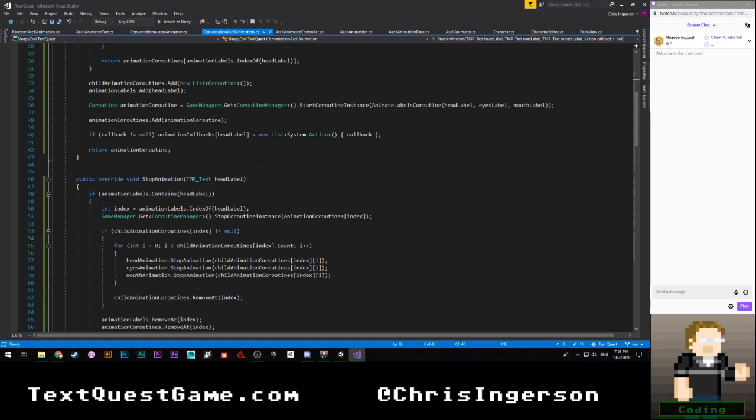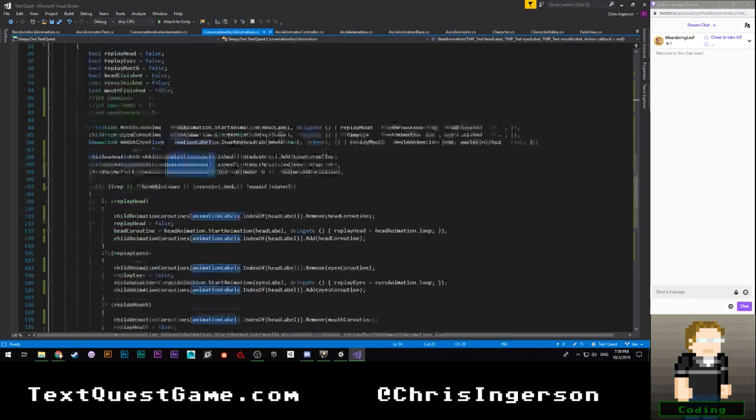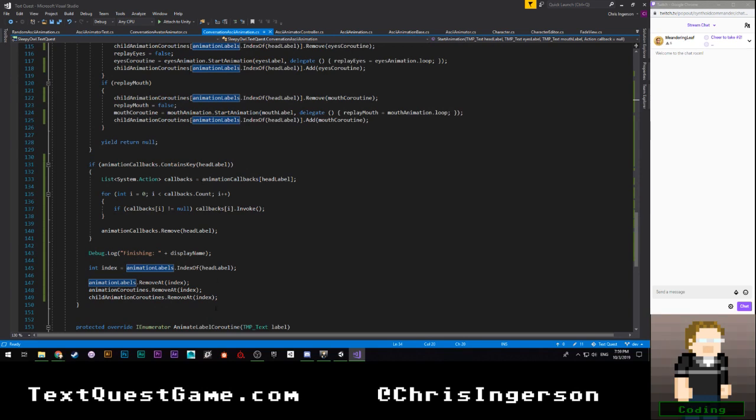This is interesting because we're definitely adding the animation, or the head label, to the animation labels, which is where our error is coming from. I guess I can double check to see what this is.